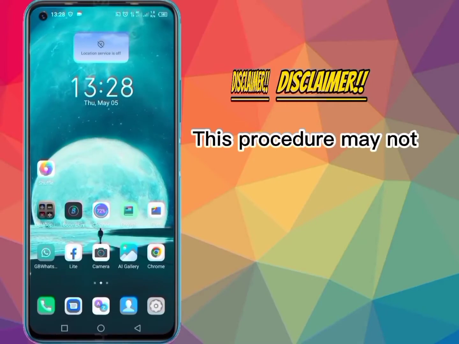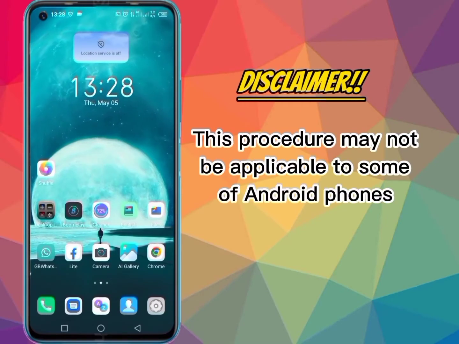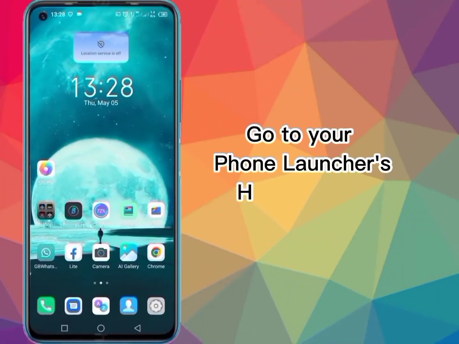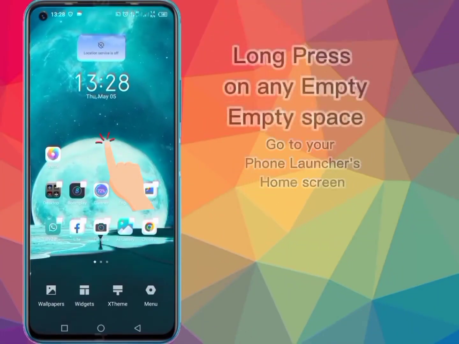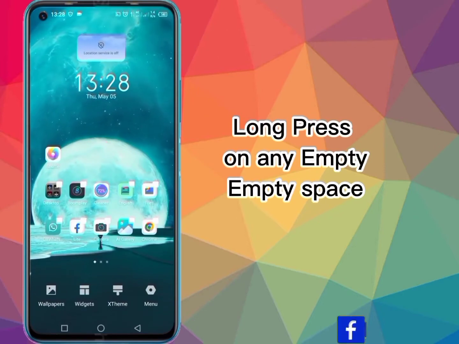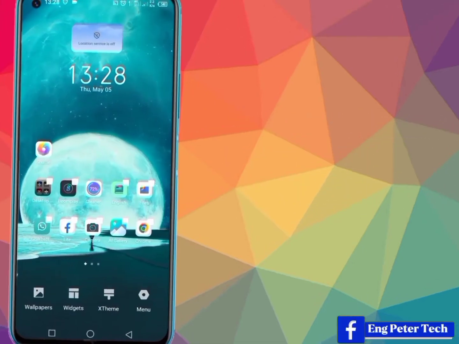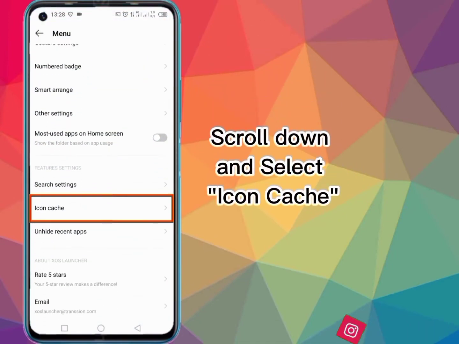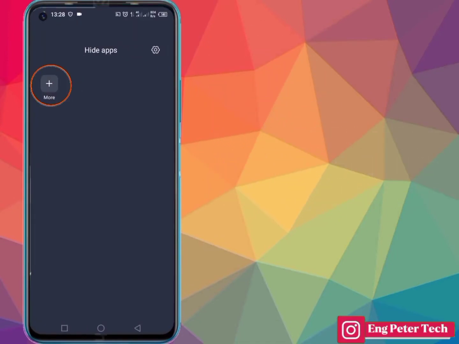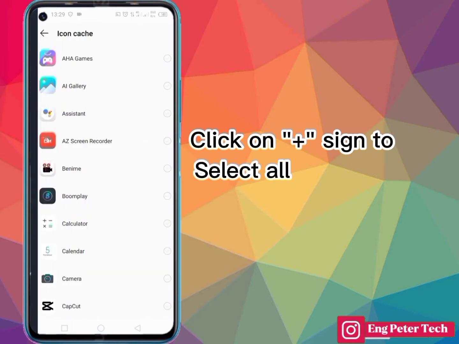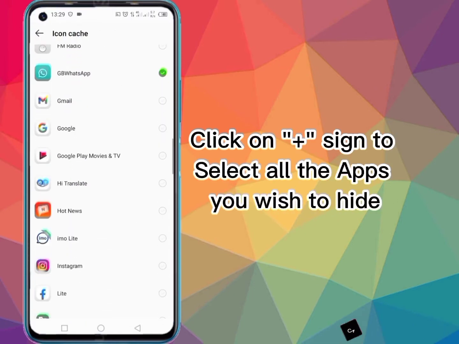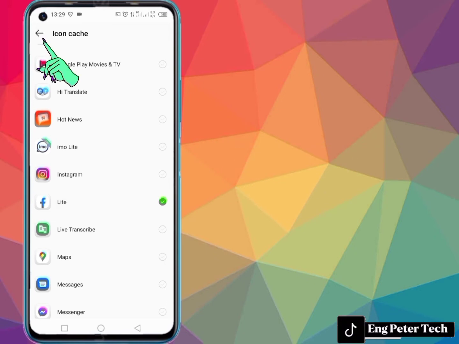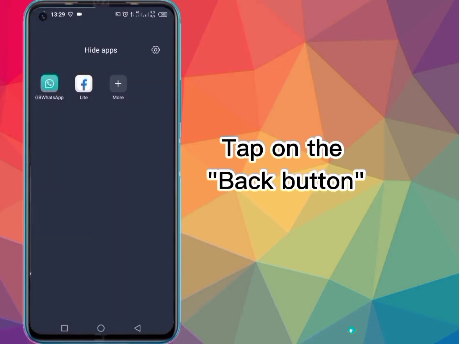Disclaimer: this procedure may not be applicable to some Android phones. Go to your phone launcher's home screen and long press on any empty space until a menu pops up on the screen. Click on the launcher settings menu and scroll down and select Icon Cache. Click on the plus sign to select all the apps you wish to hide from both the app drawer and home screen. When you're done selecting, just tap on the back button that is located at the top left corner